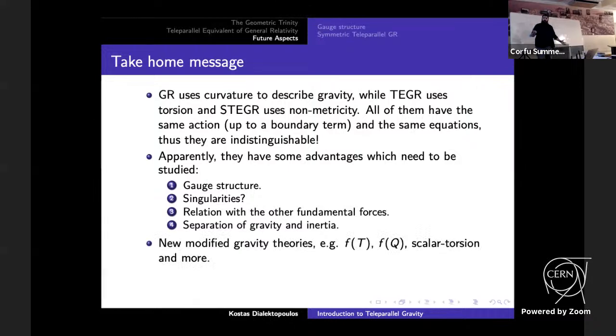Yeah, there are plenty of modifications studied in the literature. Also, the review I showed you in the beginning studies all of the modifications in the literature, not the non-metricity related ones, but the torsion related ones, like scalar tensor theories, like teleparallel Horndeski theories, many theories. And of course, the phenomenology is much different, I would say, not better,